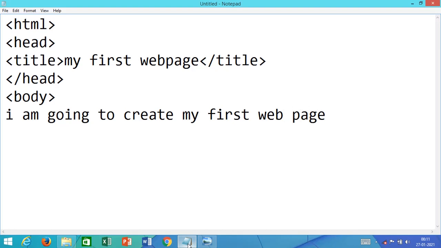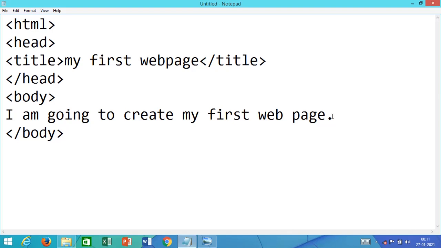This much I have written. Okay. So after writing this, as I said, body is also a container tag. So what I need to do? I need to close the body tag. So I closed the body tag.